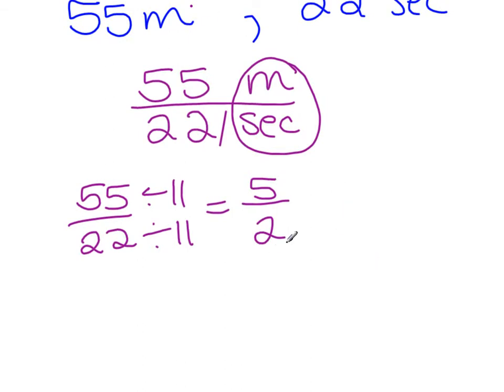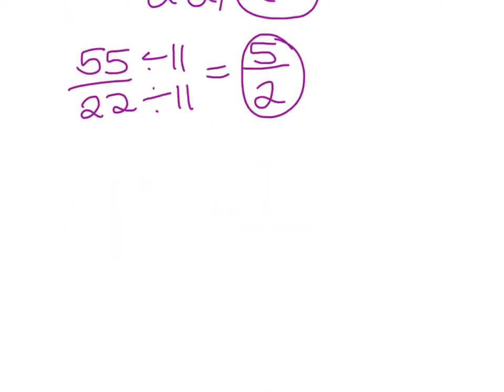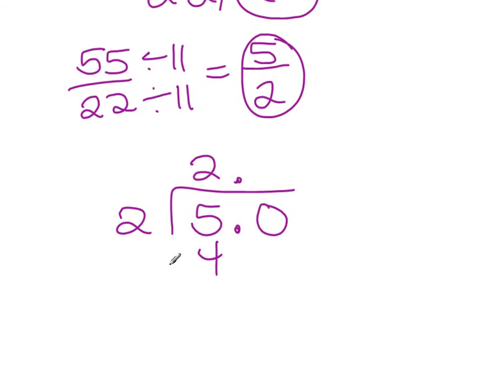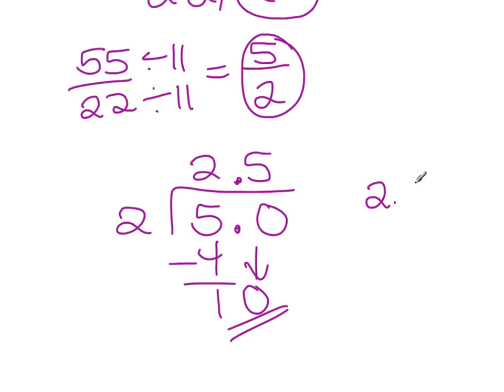So, because we're looking for a decimal, let's take this fraction and convert it to a decimal. And how we do this, we take the denominator, divide it into the numerator, doesn't matter who's bigger, line up a decimal point, fling some zeros at the end. 2 times 2 is 4, closest we'll get to 5, 1, bring down the 0. 2 times 5 is exactly 10, so we're done. So our ratio, and don't forget about those units that we had, and our answer is going to be 2.5